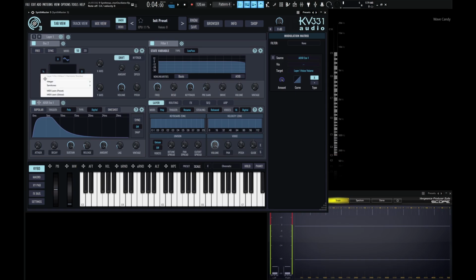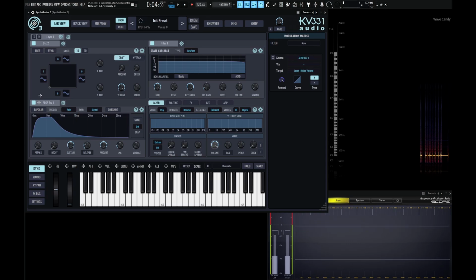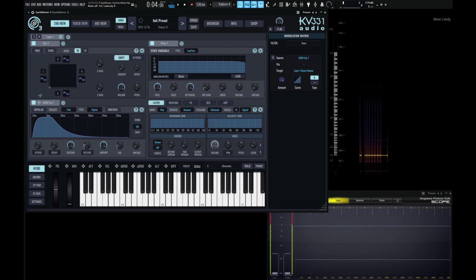Now, the other one is going to be integer. So this, we're going to set it again to 0. We have nothing, and then let's bring it to the first one. Now we have something. Now, the integer is dealing with the harmonic series, which is basically whole number multiples of